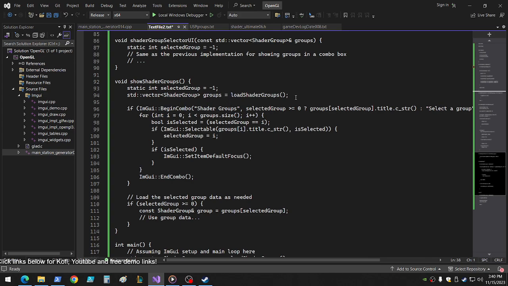Groups equals load shader groups. Is selected equals selected group equals I. Selectable groups title screen is selected. Selected group equals I. If is selected, set item default focus. What does that do? Cool. Oh, that's part of the begin combo, I bet. Oh, cool. Combo box. I haven't used one of those yet in IMGUI, so that'll be cool to see how